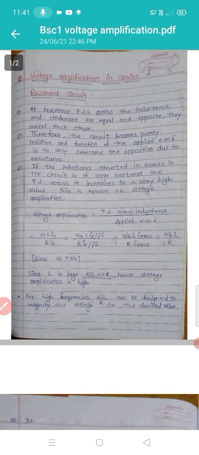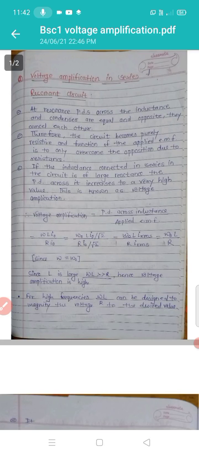At resonance, the potential difference across the inductance and the condenser are equal and opposite. They cancel each other. Therefore, the circuit becomes purely resistive. The capacitive reactance and the inductive reactance become equal, so the potential differences across the inductance and condenser are equal and opposite and cancel each other. The function of the applied EMF is only to overcome the opposition due